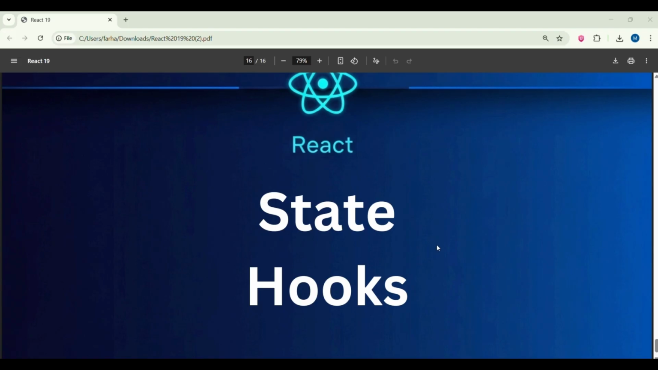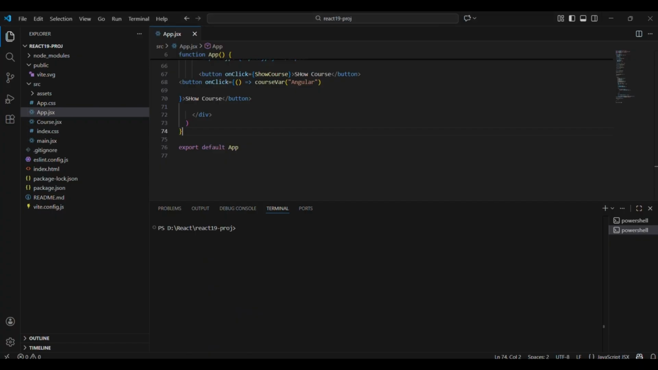Hooks are special functions that let you use React features, like state and lifecycle methods, in functional components. The most common hooks are useState to create and manage state, useEffect to handle side effects like fetching data or running code on component updates, useRef, useContext, and others for more advanced cases. So basically, state holds your dynamic data, and hooks let you work with state and other React features in functional